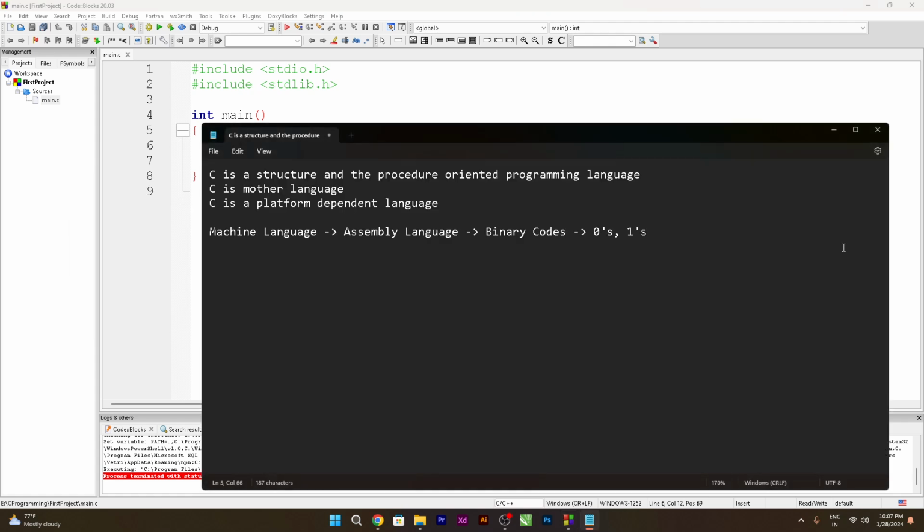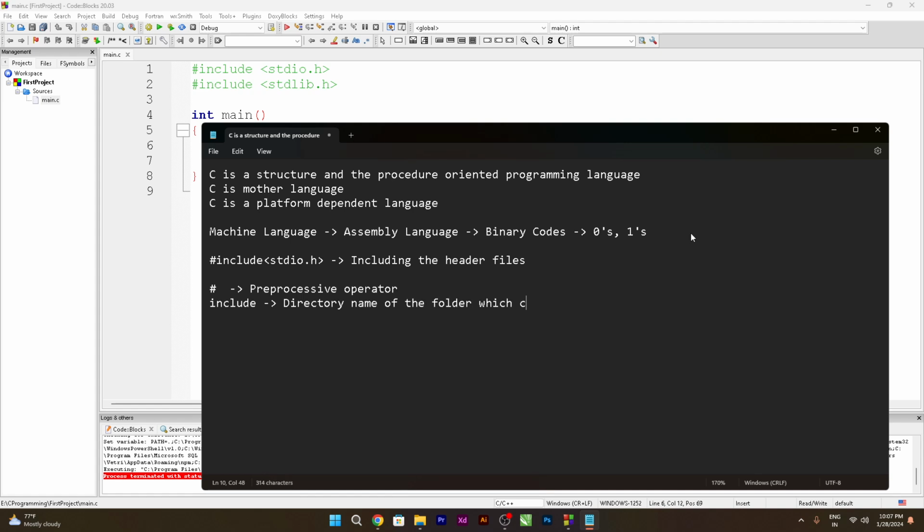So you need to understand that over here at the top, we did hash include stdio.h, right? So this is the place where we are including the header files. Over here, you need to understand this hash is the preprocessor operator, and include is the directory name of the folder which contains all the header files,